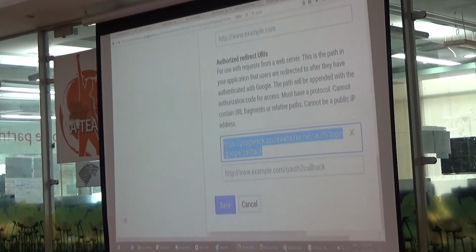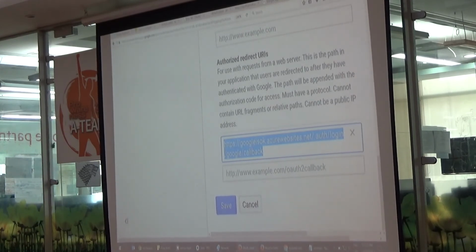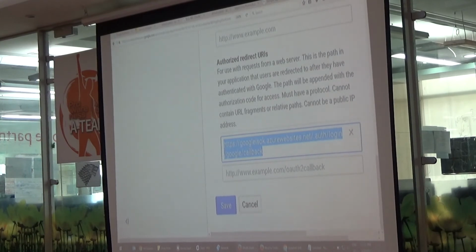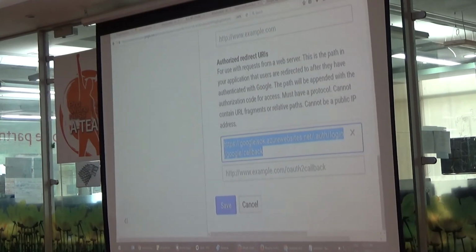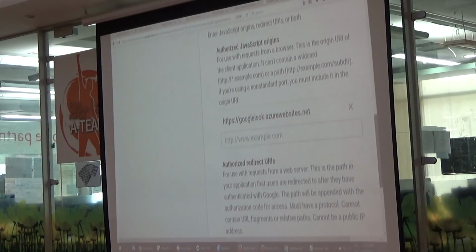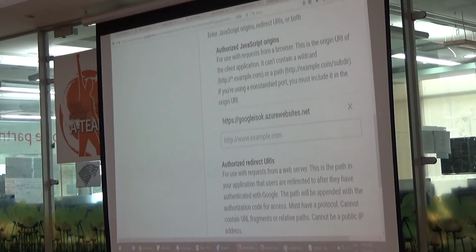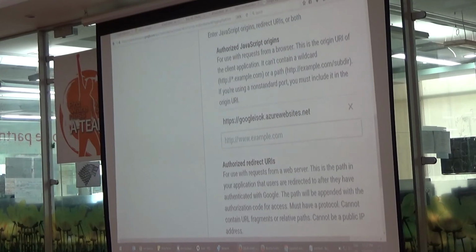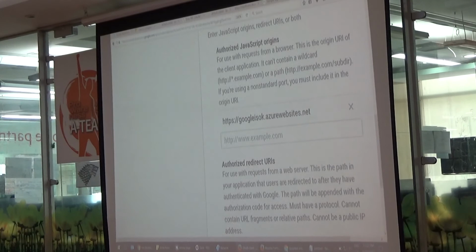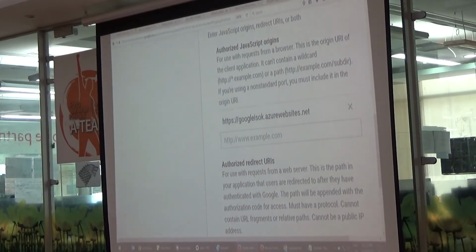We saw that we configured the JavaScript origins. This is analogous to the CORS config that we usually do in our web app. Yeah, it is similar, but it's something that Google is doing on their own. So when a request comes from your website to Google, they are looking at the HTTP referrer, who this is coming from, and that is why they do this. So it is not similar to CORS, but it's a different implementation because the check is happening on Google's server.